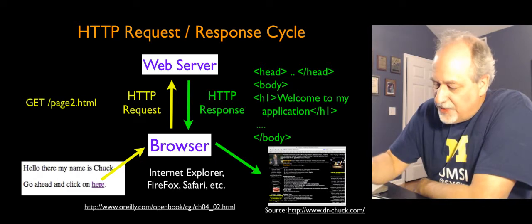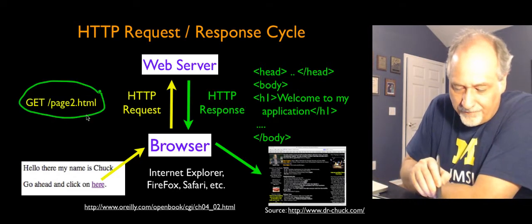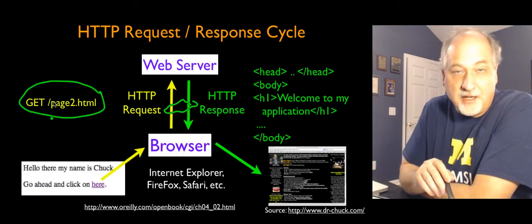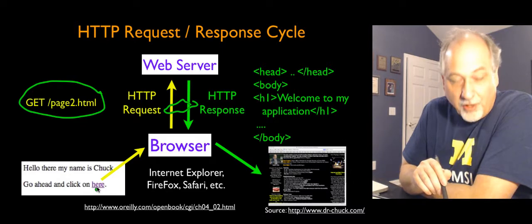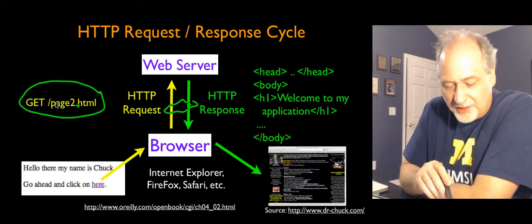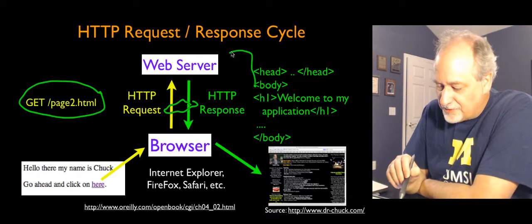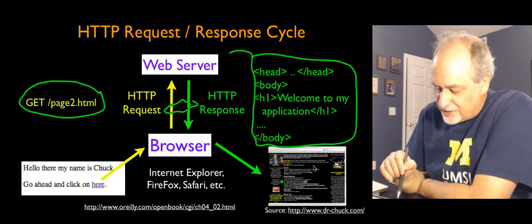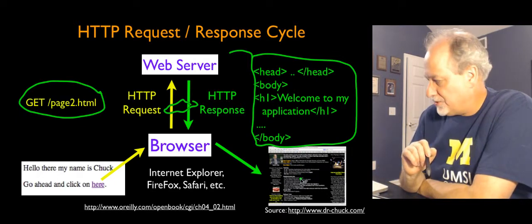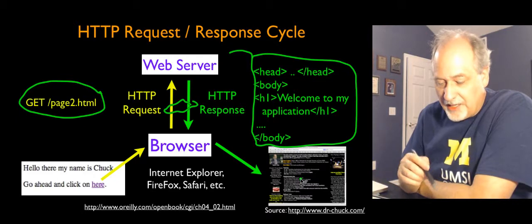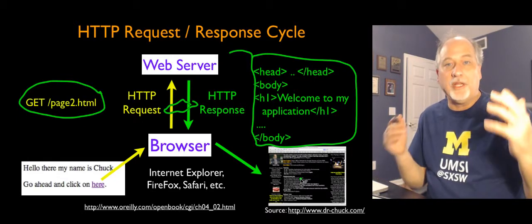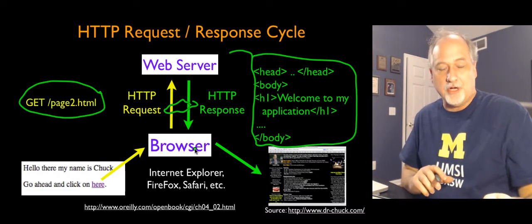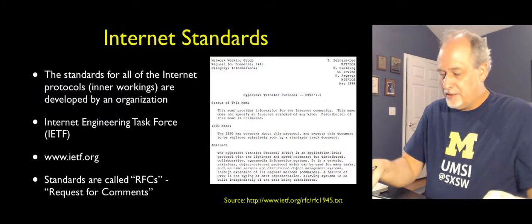So the command that is being sent up to the server across this connection, remember this part here is the internet right there, the command is a GET command. And the document is based on the URL I clicked on that the browser knows about, and says get /page2.html. And then what comes back is HTML. And that is a markup language that describes how this page is supposed to be shown. So let's say that we wanted some more detail on how this really worked, right? Let's say we want to write a web browser and we want to be a good citizen and we want to talk properly to the web.